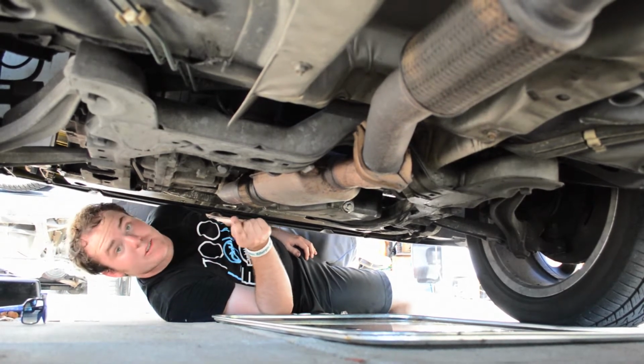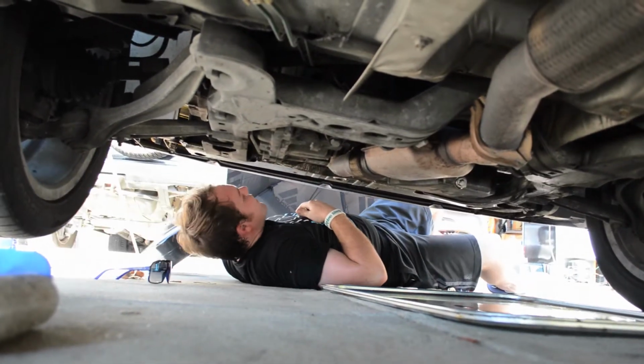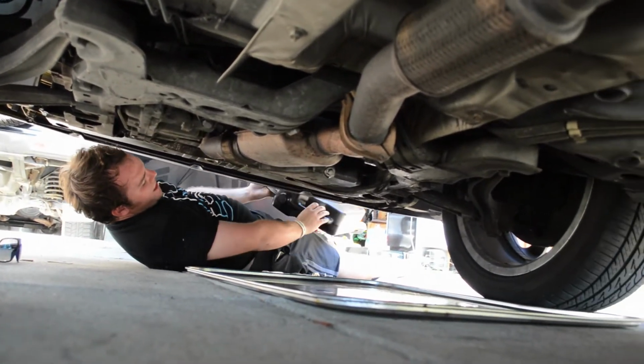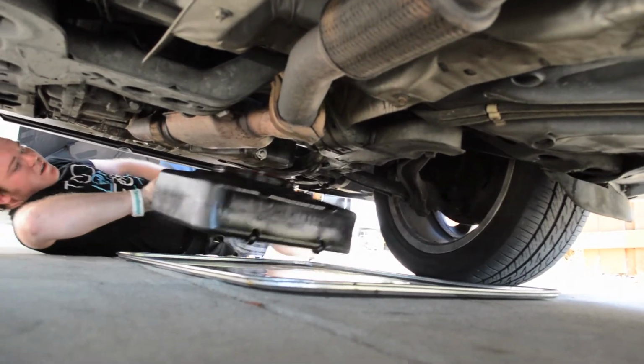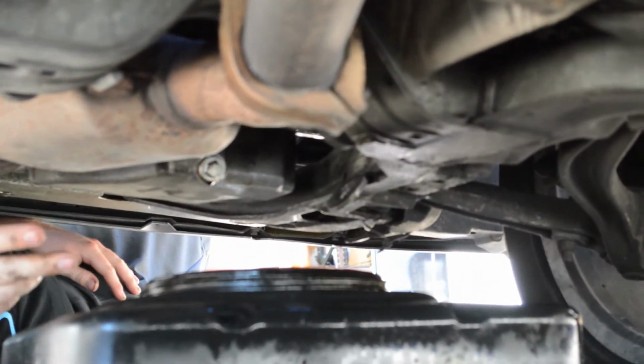There's a lot of working up to it, but nonetheless, let's get started. First off, we're going to go ahead and position our drain pan. That's going to have to go underneath our drain plug itself. Now, you want to position it back a little bit because typically when the oil first starts coming out, it